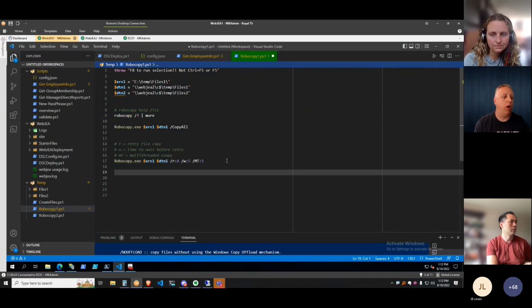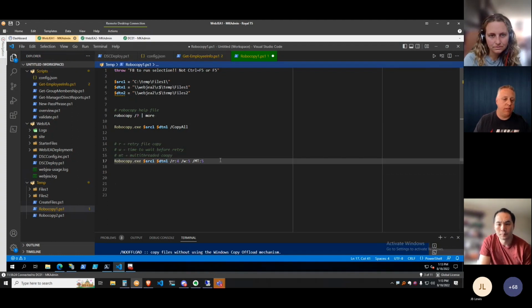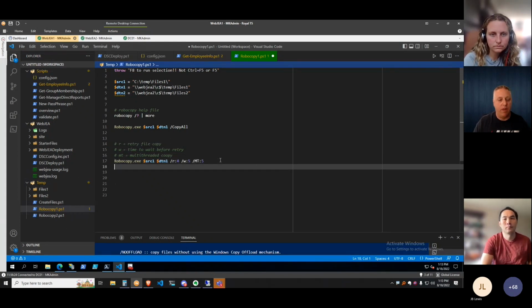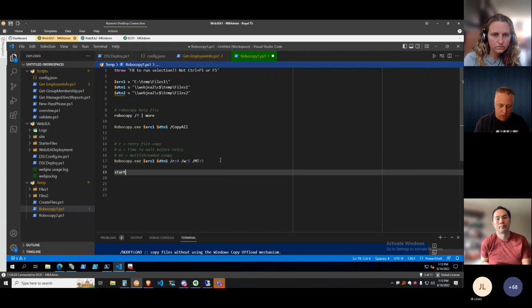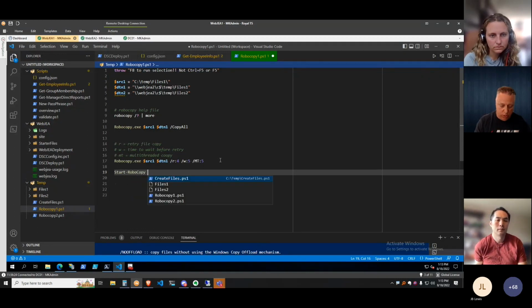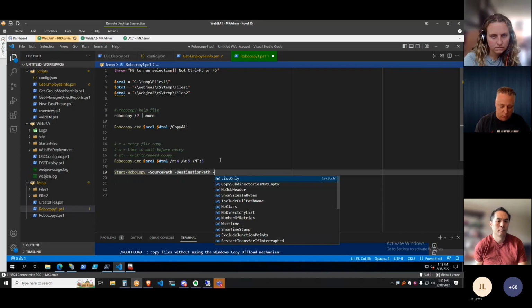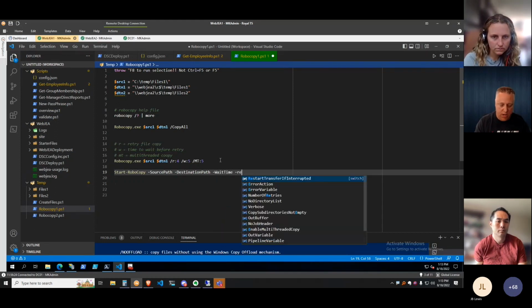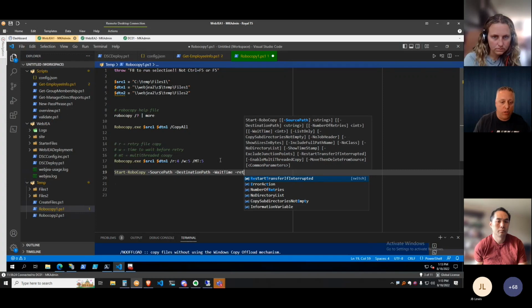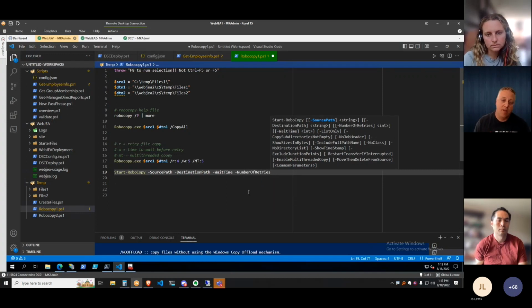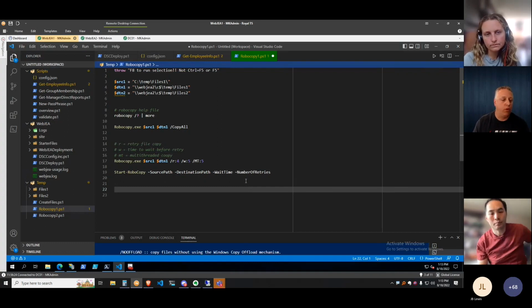There are other modules that have done similar things, but this is the only one that I know of that uses Crescendo. What happens is, up here in this example, you need to know switch names, right? Maybe R and W are obvious, but XDL might not be. Now with Adam's module, we can do simple stuff like source path and destination path. And we have some nice parameter lists that we can see here. I want to see wait. Oh, it's wait time and retry. And there's number of retries. There's lots of stuff that he's built into this. There's not a lot to it, but it makes a great tool better.